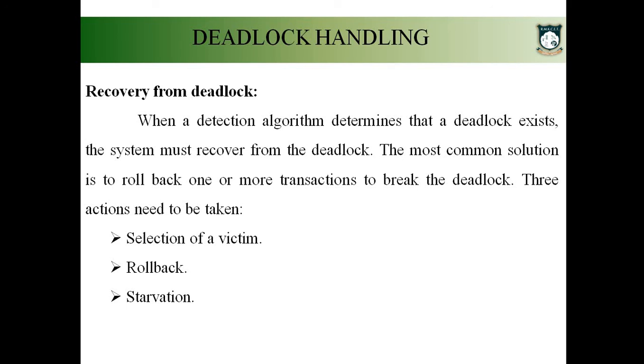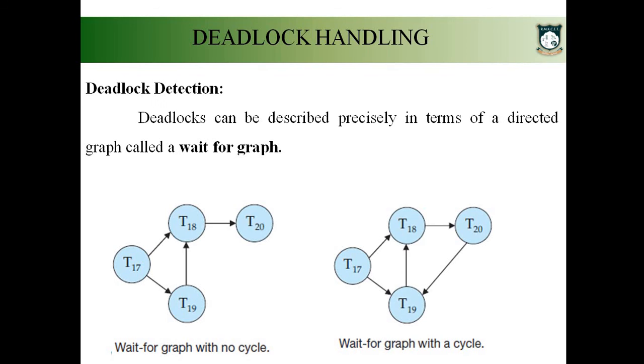So even for rollback, you can have several approaches. Okay. The first thing is you have to select a victim, which transaction to roll back. In our case, there are 3 transactions involved in this deadlock, T18, T19 and T20. Now which transaction to choose as a victim for rollback, that you have to identify. So while identifying, you can take various factors, like the cost of the transaction, the time they have taken for execution. So like that, by using various parameters, you can choose the victim.